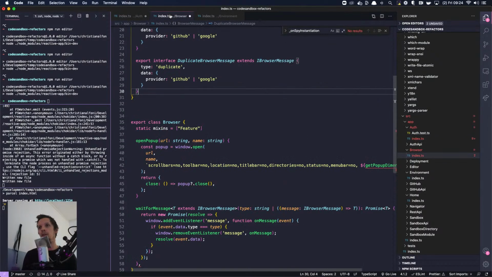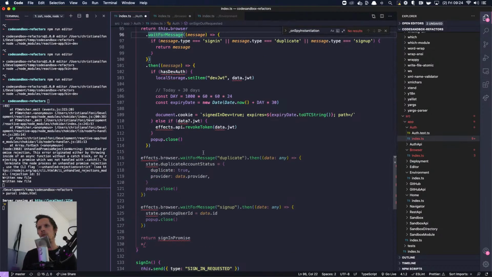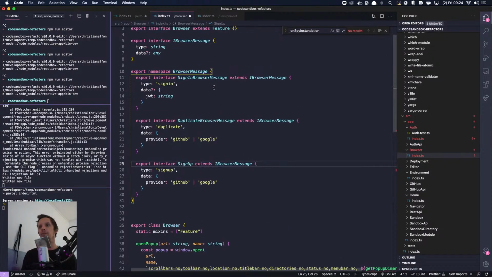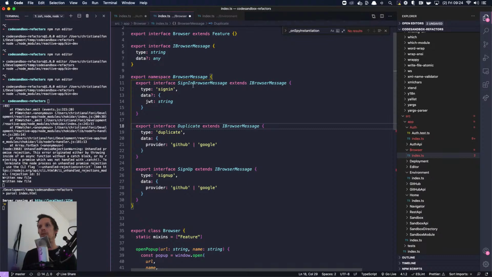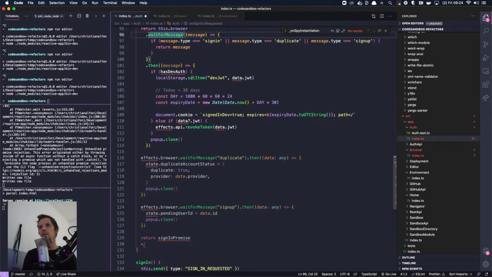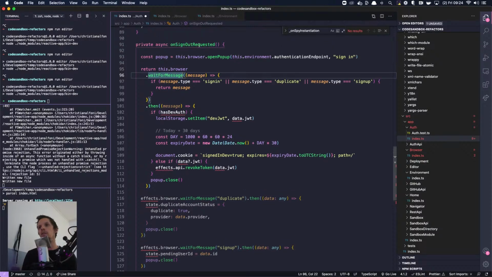And then we have sign up, sign up, and there we have ID. Yeah, and we don't have to do browser message anymore. Sign up, and there we have an ID, which I guess is a string. So what we should be able to say now is that, okay, we're waiting for a message,